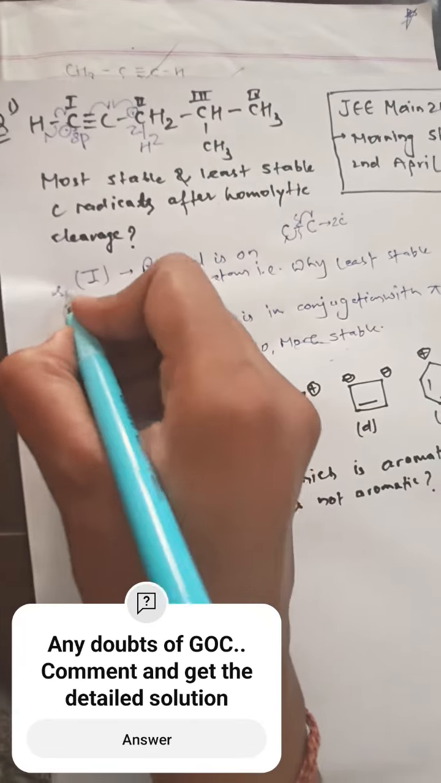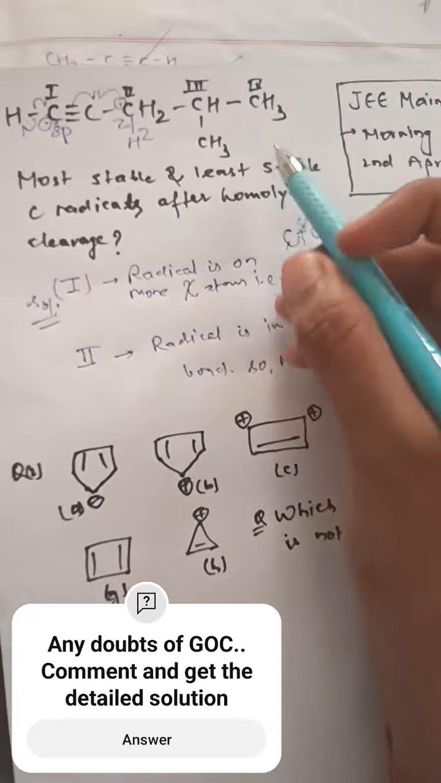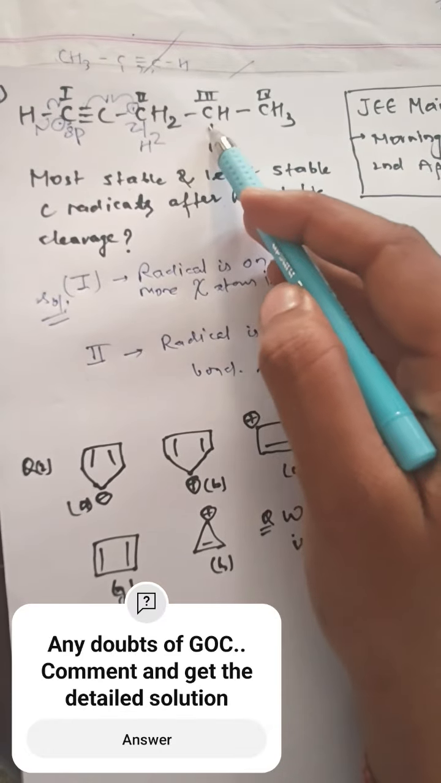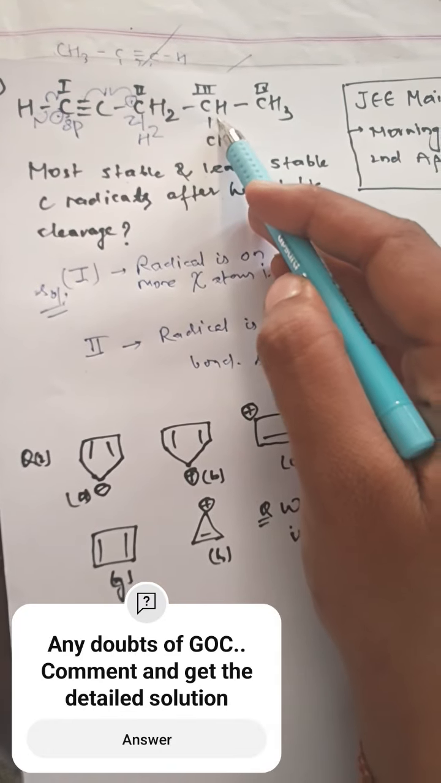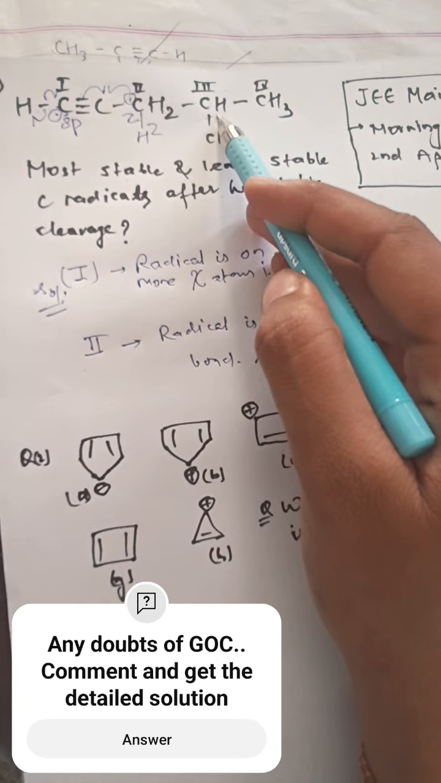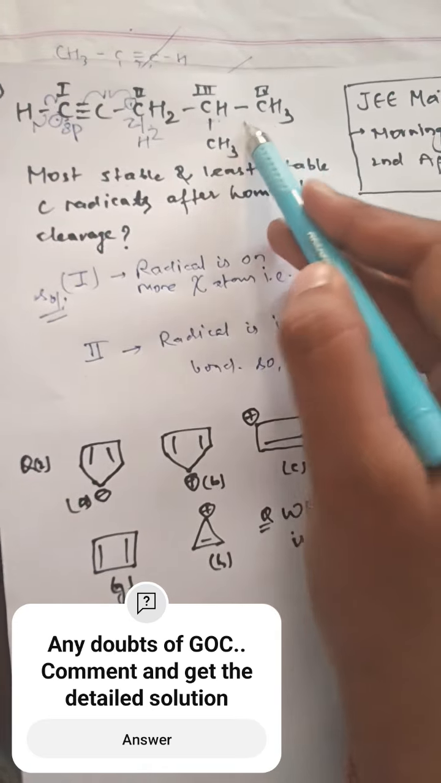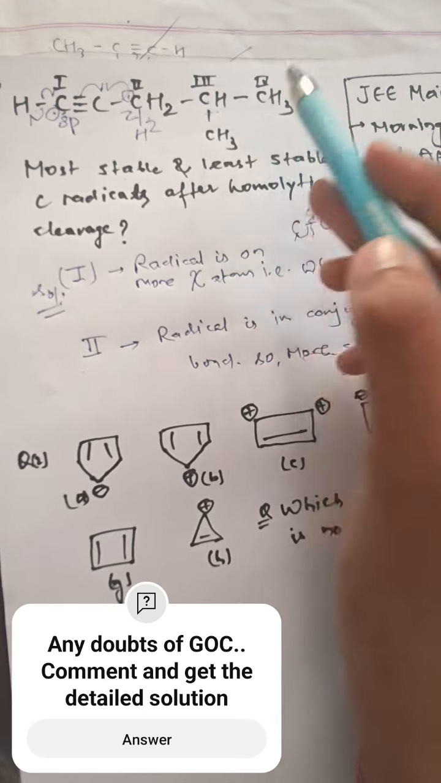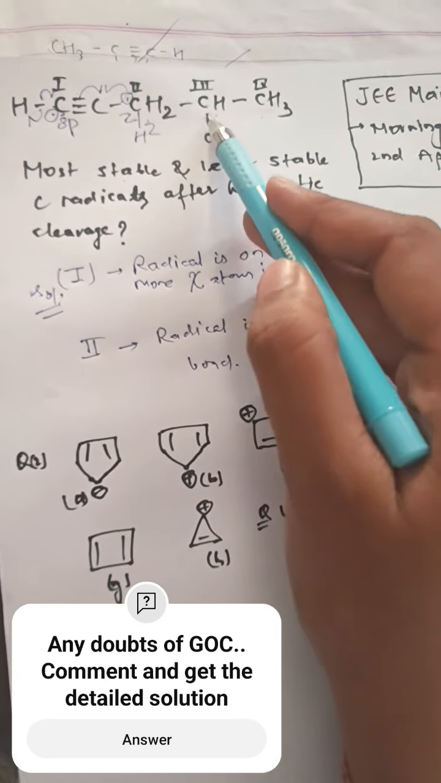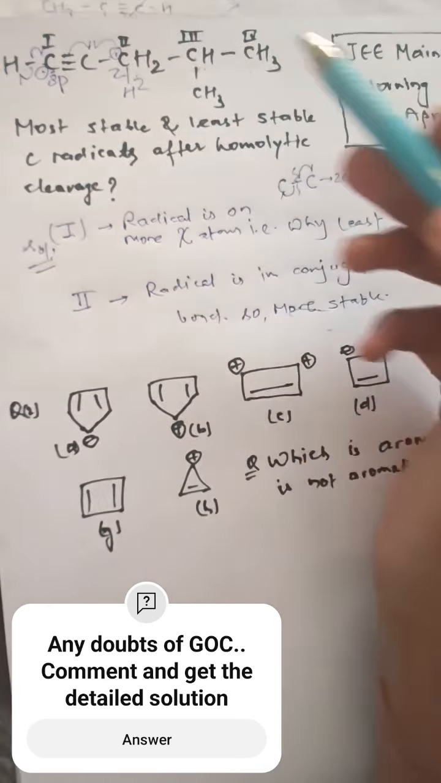Okay, and in 3 and 4, if we break these bonds, the radical will be stabilized by hyperconjugation. So no matter whatever is happening, resonance always predominates, and in this case also there will be a radical on an sp3 center, so it will be more stable than this. If we will be writing